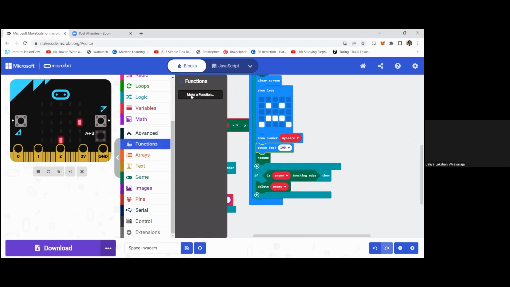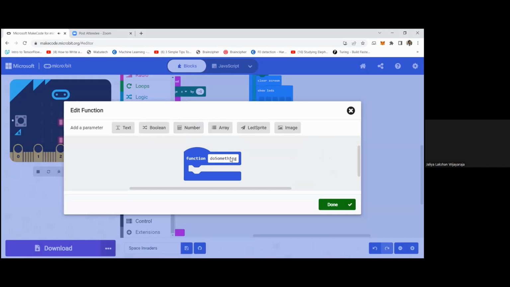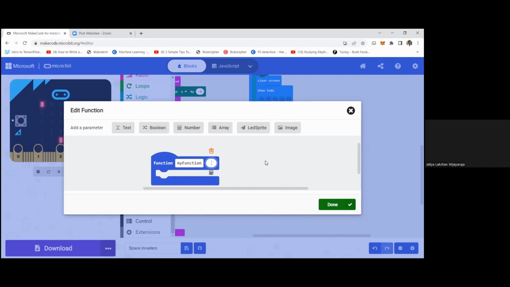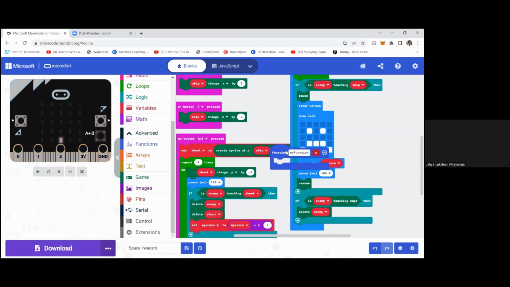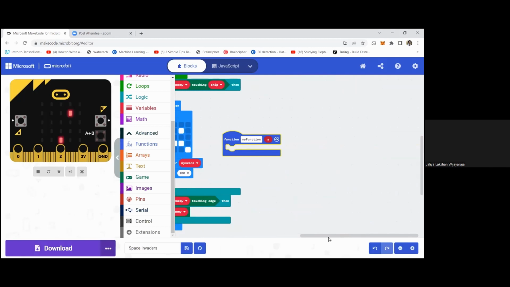So I go to my function, and then I can give a function name. I give it as my function. Then I should define what my inputs should be. My input for the function will be a number to include my score, so I'll name it S. Okay, done. Then my function will be a separate block here,